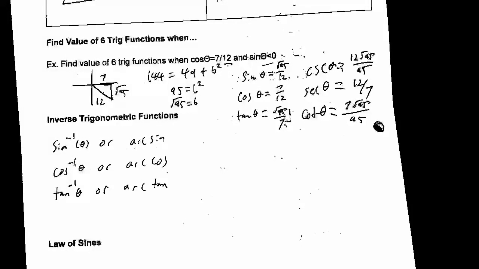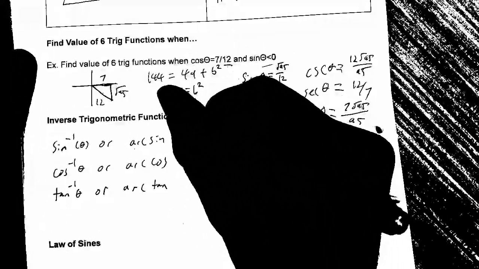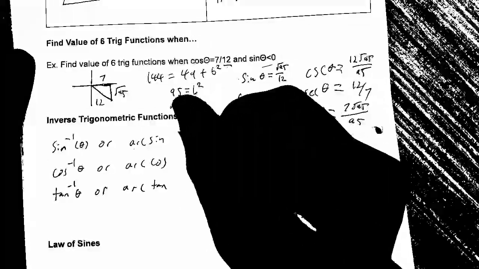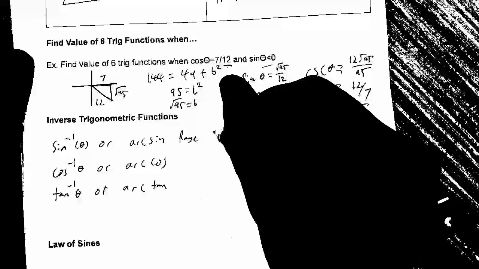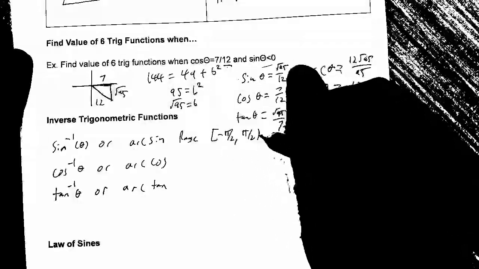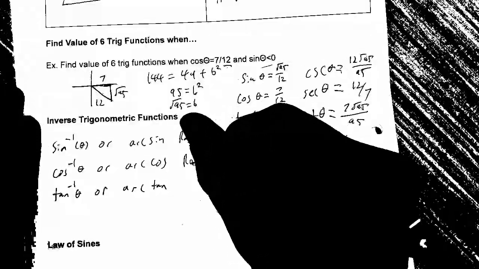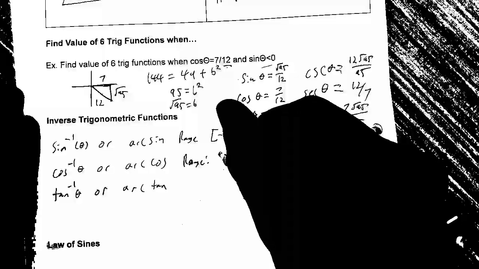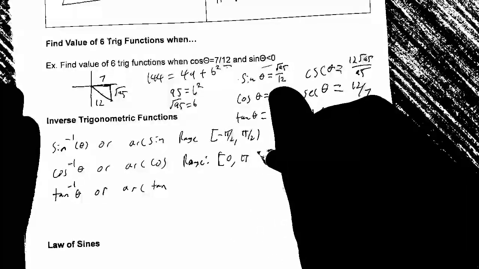If you remember, the ranges vary based on the function so that we only get one output. Do you remember this a little bit? The range for inverse sine is from negative pi over 2 to pi over 2. The range for inverse cosine is from 0 to pi. And then for tangent, it is